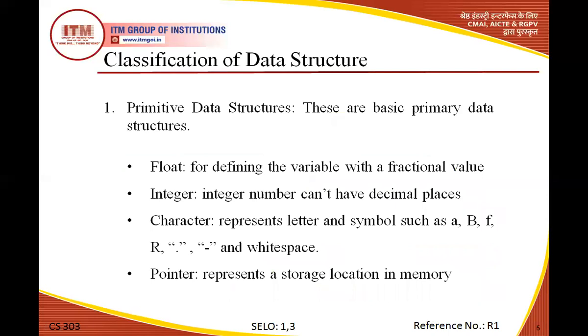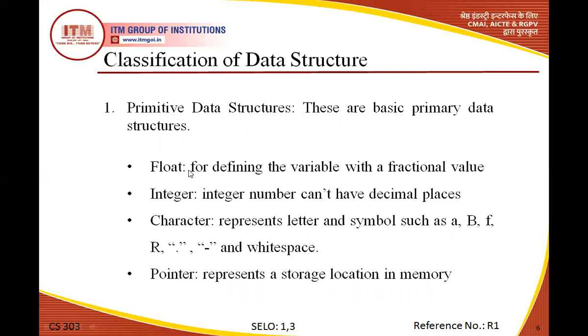So, classification of data structure. Actually, the first one is primitive. I will just give a brief introduction to all of this, because in detail we will learn in the next lecture. First, just a simple idea about the primitive. All of you know about primitive data structures from the C language or C++, all of you have learned this subject.